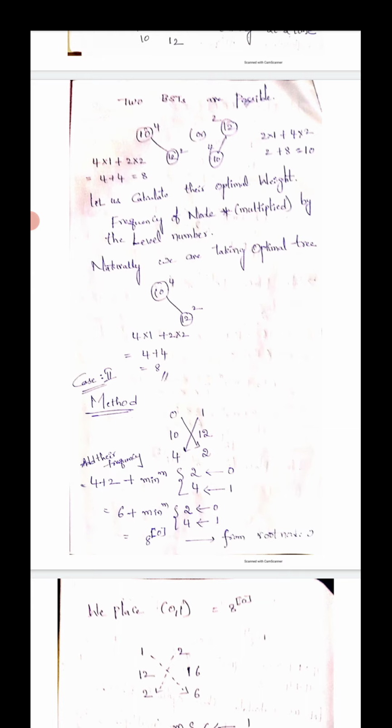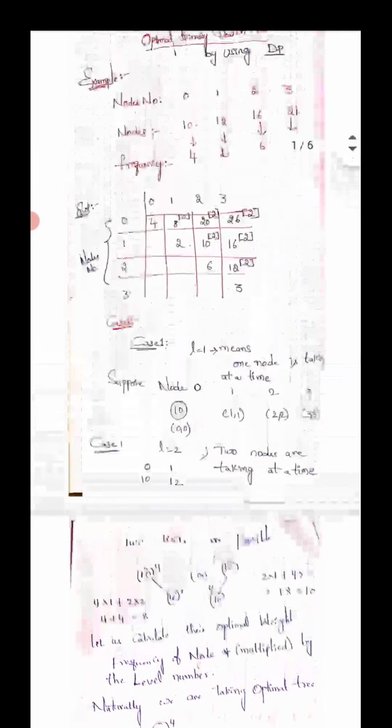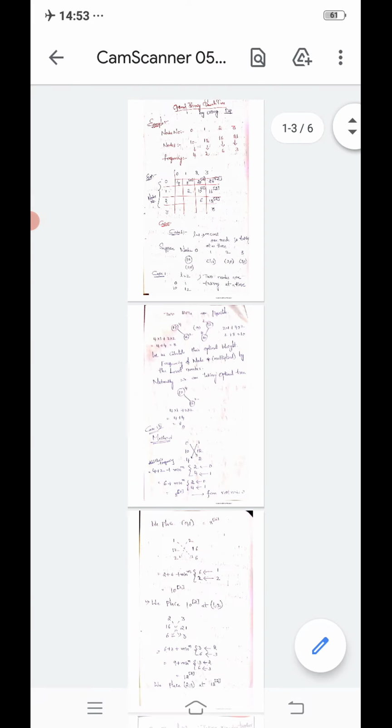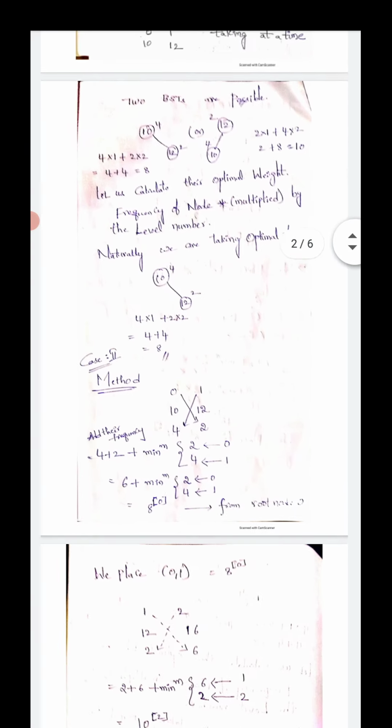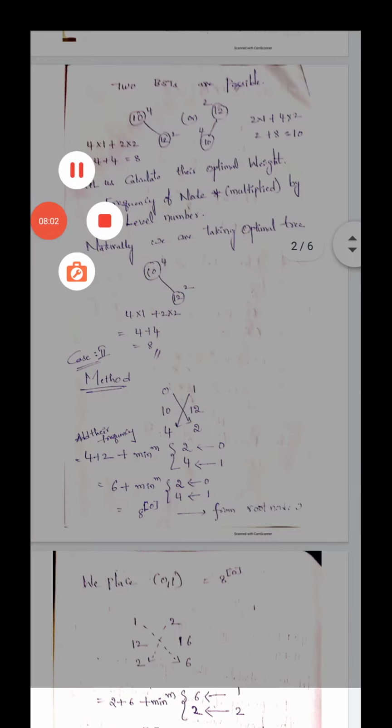Look at this: which position do we write in? The 0 to 1 position. Look at the diagram here, in the first diagram, in 0 to 1, what did I write there? 8 with subscript 0. Likewise, calculating 0 1, we place 0 comma 1 equal to 8 with subscript 0.